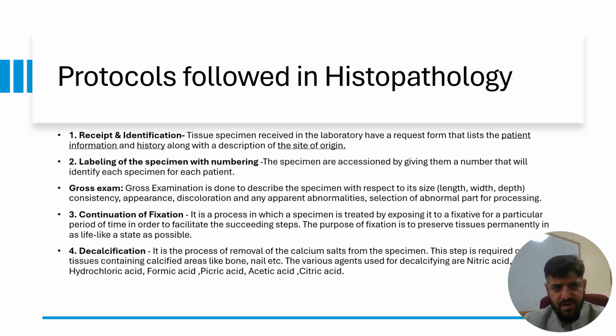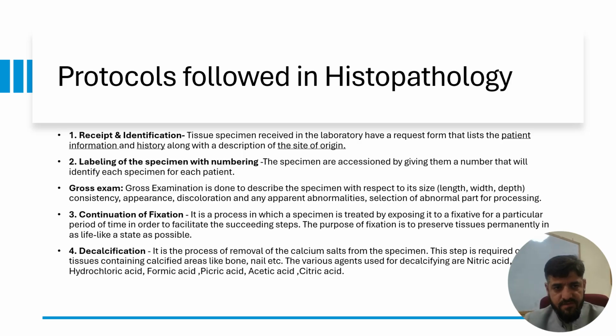So in the introduction, we will discuss the protocols that are followed in histopathology or histotechnique. The first is reception and identification. This is where we receive the tissue in the laboratory and process it on reception. This must include the patient information and history, along with a description of the site of origin of the tissue from the body. Then we will label the specimen, that is the biopsy, and provide a proper laboratory number to the biopsy. Nowadays this number is replaced by a QR code or a barcode that can be scanned,